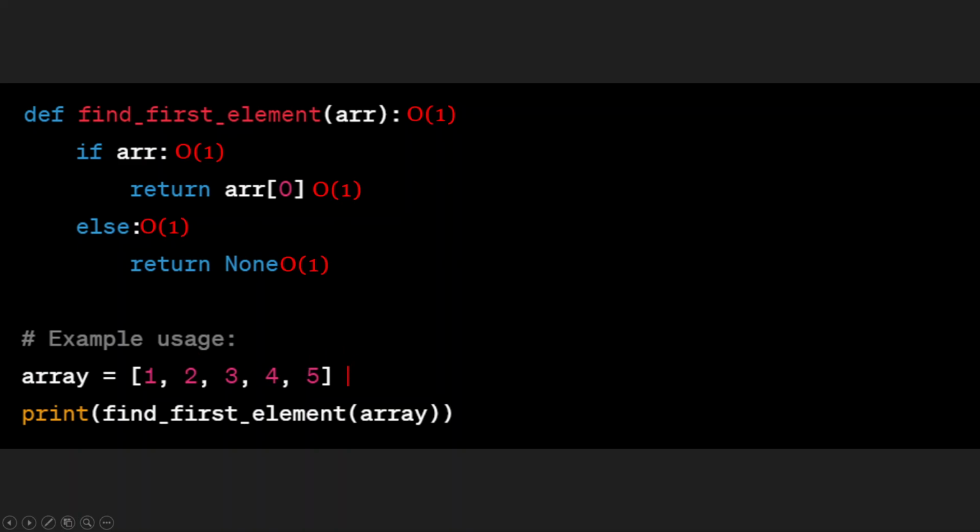Then we have a declaration of an array here. So this one is also O of 1. And finally, we are printing. So this one is also O of 1. So all these statements are O of 1. So what we do is we are supposed to add all of them. Now, if we add all of them,